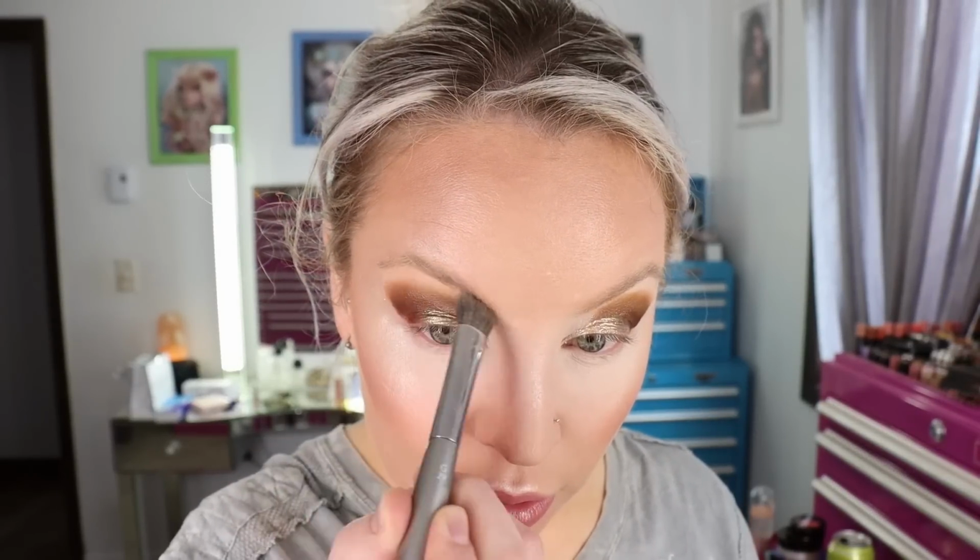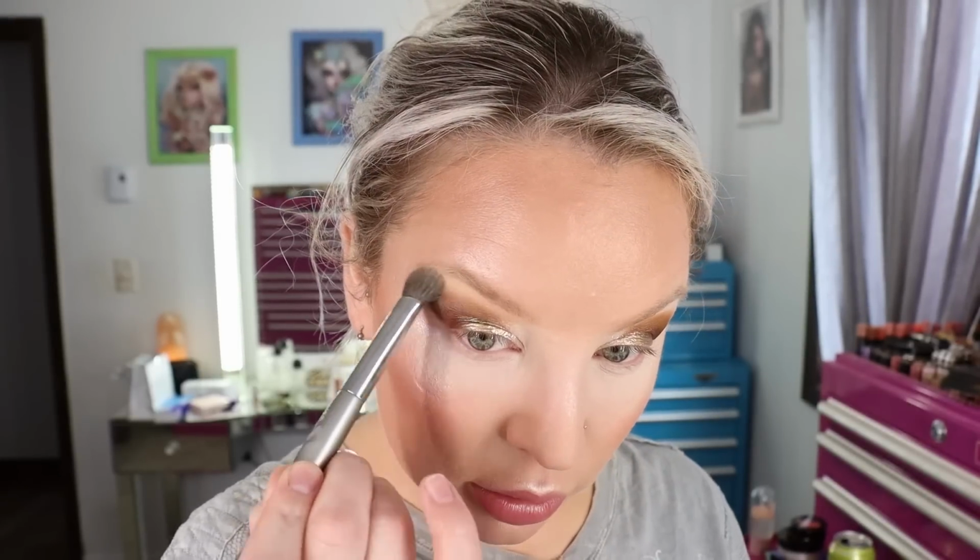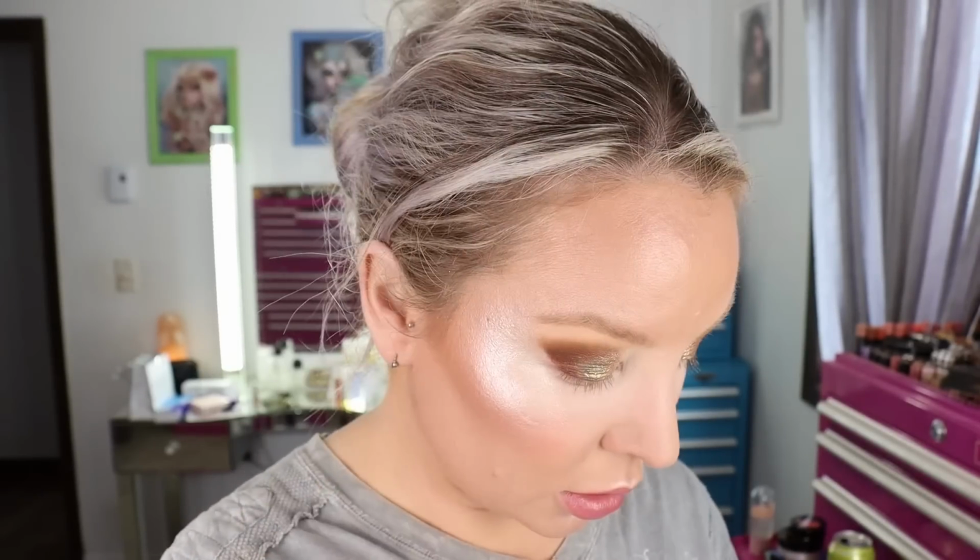Then I'm going to take an Esom G29 brush and I'm going to go into the shade Exposed. These are all matte shades from the crease up so far. This is a matte brow bone shade. It deepens up a little bit more than what it looks like in the pan on my skin, but